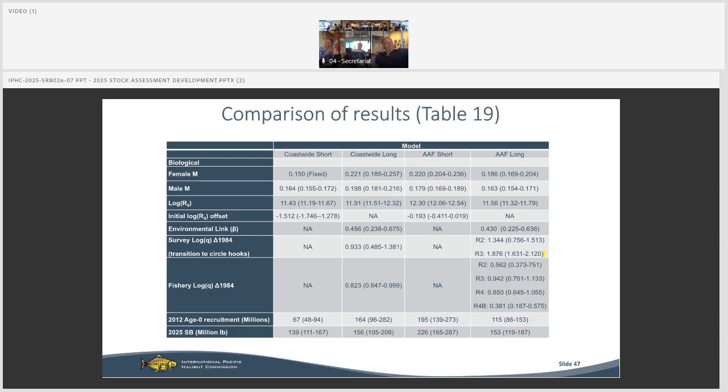The male natural mortality, we get an estimate of 0.16 for the coastwide short model. It's the only case where that estimate comes out higher than the females. And for all the other models, the male natural mortality is slightly lower. It really is a fairly similar percentage lower across all three models, even though the magnitude varies. So basically, you get the dynamics about right, and you need to see that the males need to be a lot lower because there are not as many of them in the fishery, but the natural mortality component needs to be even just a little bit lower to explain